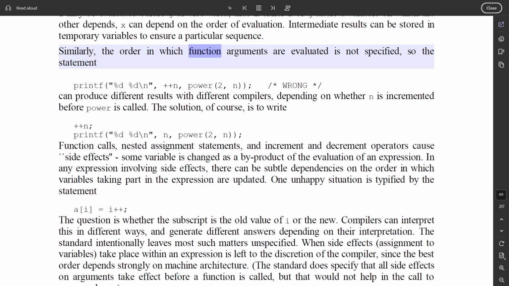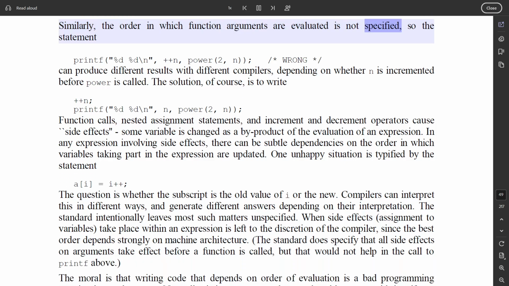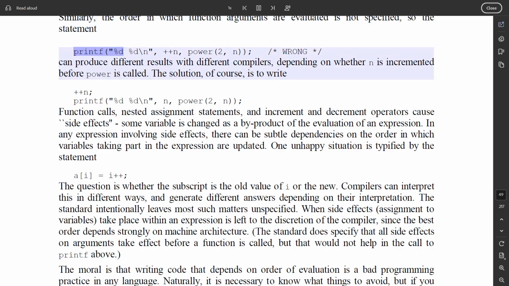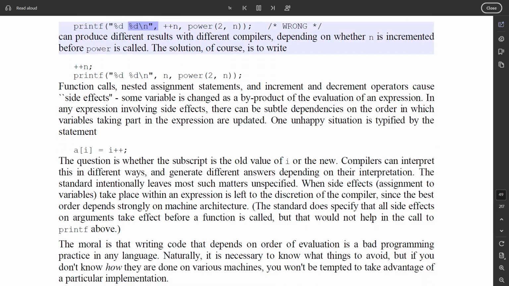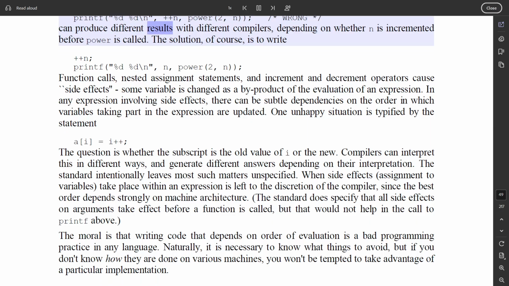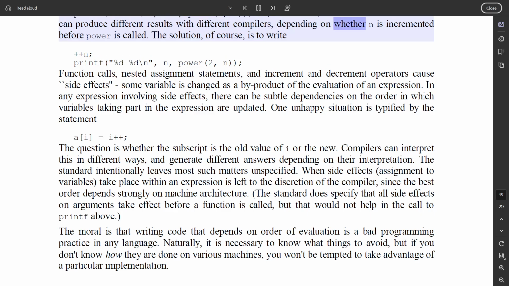Similarly, the order in which function arguments are evaluated is not specified, so the statement printf("%d %d\n", ++n, power(2, n)); /* WRONG */ can produce different results with different compilers, depending on whether n is incremented before power is called. The solution, of course, is to write ++n; printf("%d %d\n", n, power(2, n));